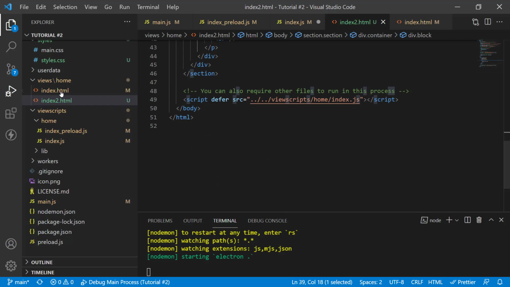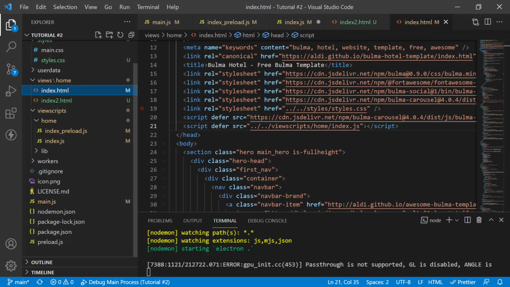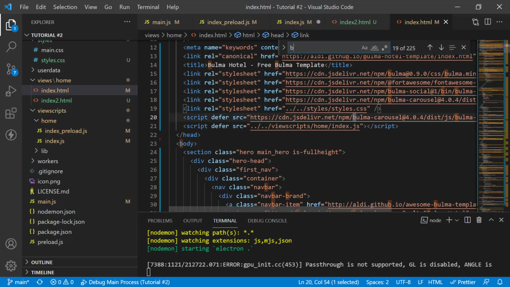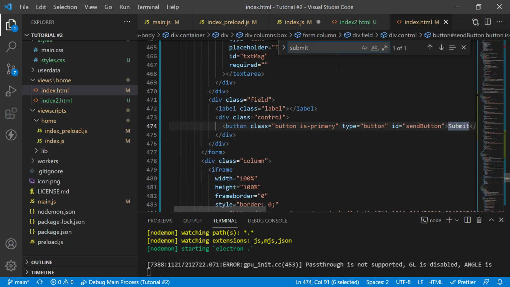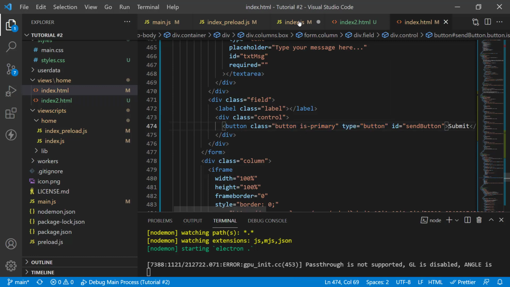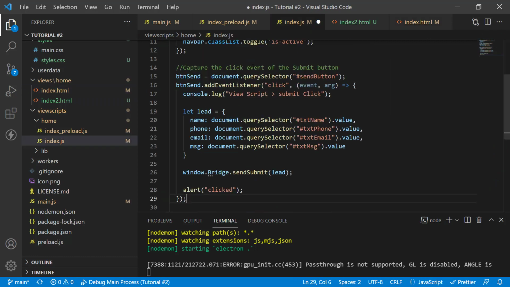Okay, so it's the wrong file. We have to check the index.html. Yep, that happens sometimes. So it's called send button. This is the button. And the code that we just wrote in the renderer, what it does is first pick